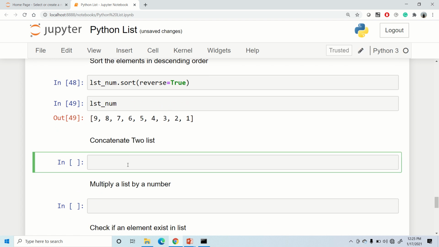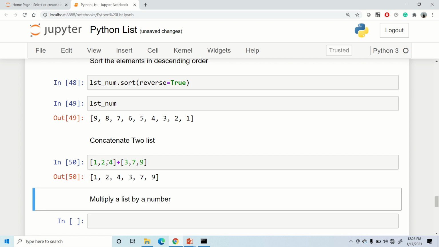Great. In order to concatenate two lists, we can concatenate by making use of the plus symbol. So if I say lists 1 2 and 3, 1 2 4, and 3 7 9, these are two lists. If I want to concatenate them, we can do that by making use of the plus symbol.